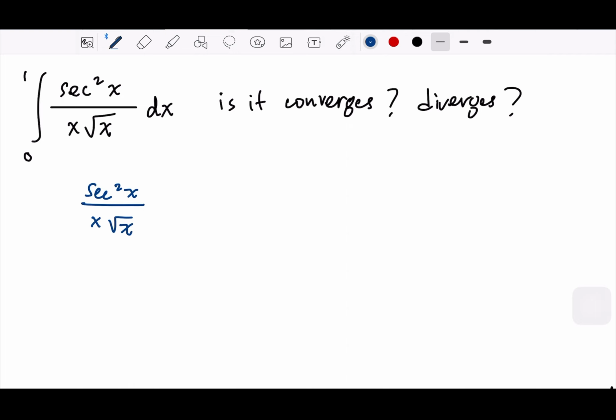So it's supposed to be positive. So we could just ignore this secant, because we know for sure the maximum value is just 1. Okay? So we focus on this x square root of x. So why don't we take that as our comparison? So we need to consider